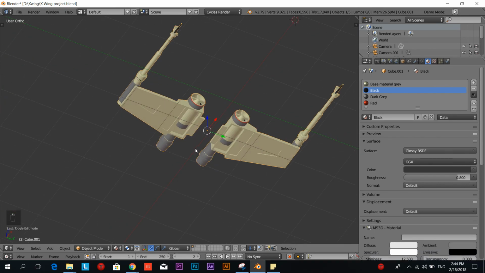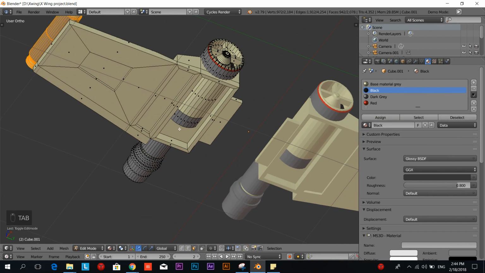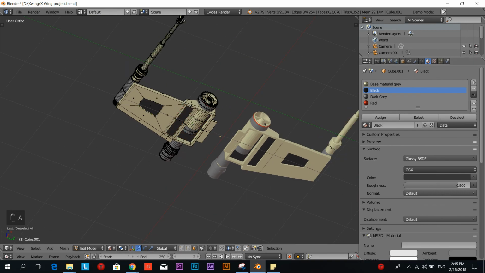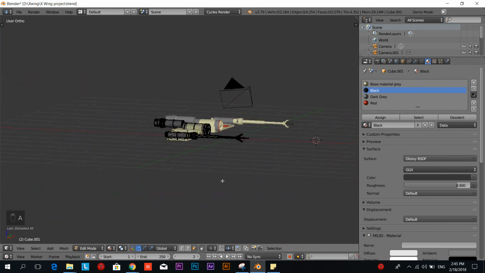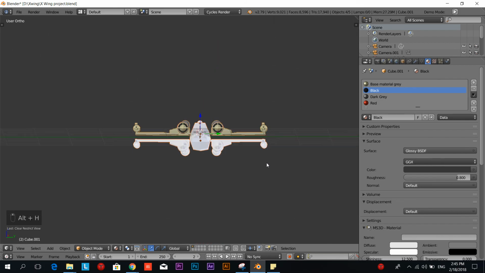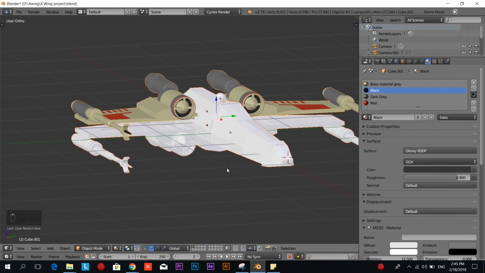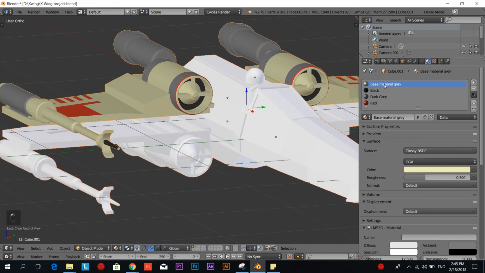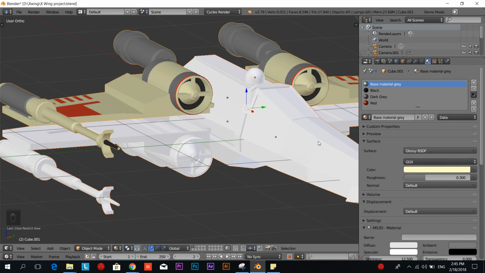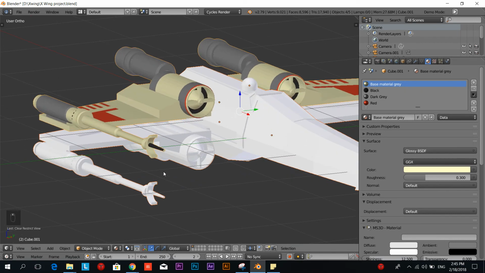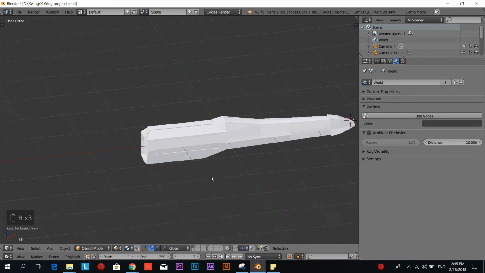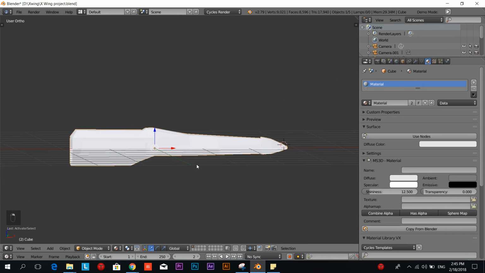So we're gonna go, oh, also the insides. Okay, we're gonna select these inside faces and just select black. Now we have the insides of the wing also done. So we're done with this one. We're gonna bring back together everything. Now you see the difference. You can change the base color a bit, just make it a bit lighter. Okay, that's good. So we're going to hide the rest of the objects, and we're gonna go to the body